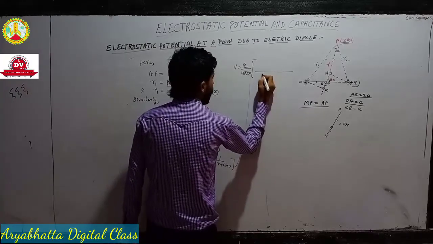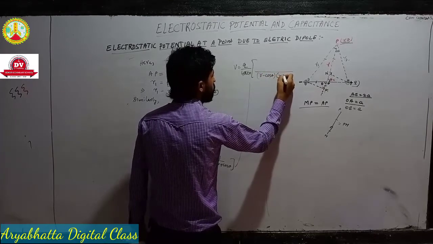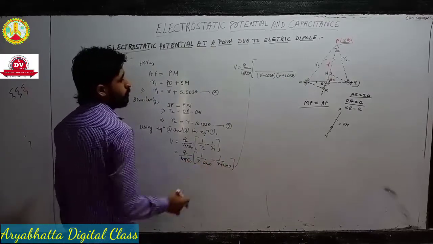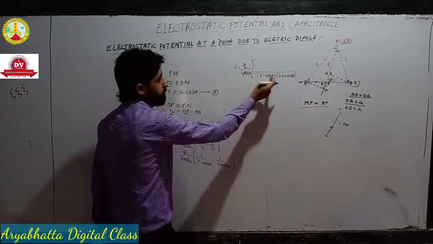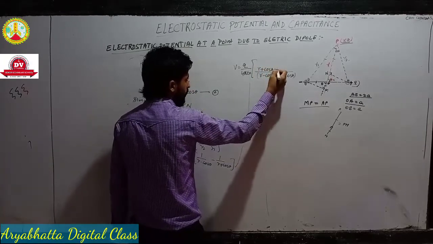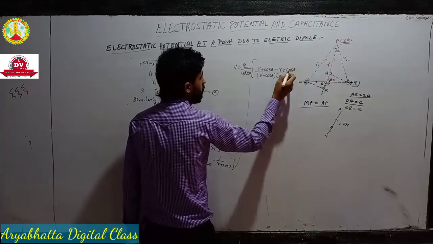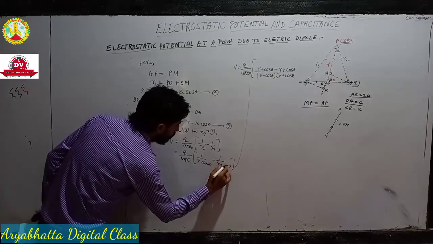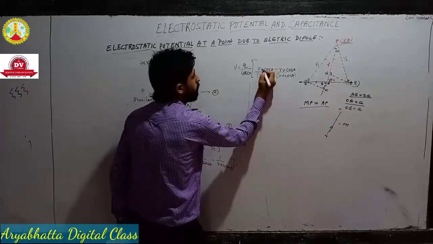So it will be R minus a cos theta and R plus a cos theta. It's very simple to take LCM. See, if you don't know how to take LCM, just multiply the two denominator terms like this. So you will get R plus a cos theta minus R minus a cos theta. Sorry, A cos theta, right? I forgot to write A here. So sorry. It will be A cos of theta. So this will also be A cos of theta.